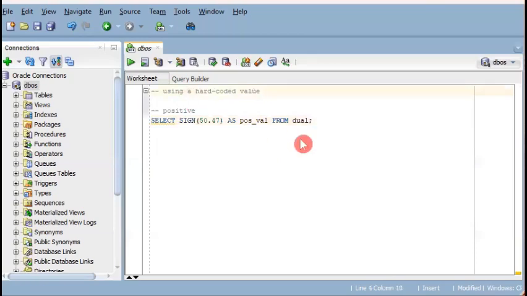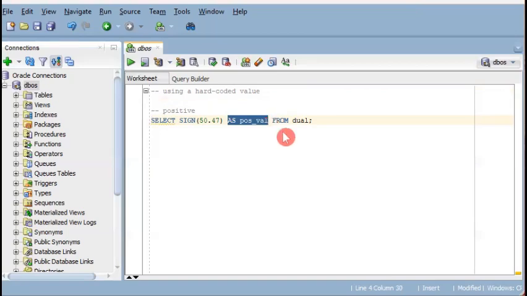When you say hard-coded, it is not a variable value, it is not a column name, it is just a numeric value being passed as a parameter. Here's your SIGN function, expecting a single parameter, which is the value that will be evaluated. It should be numeric. So select SIGN and then the numeric value, in my case 50.47,